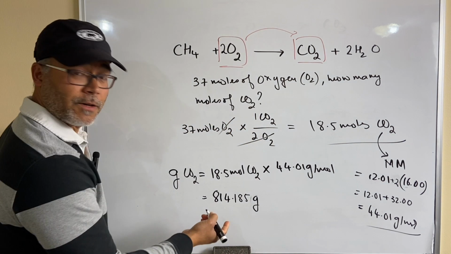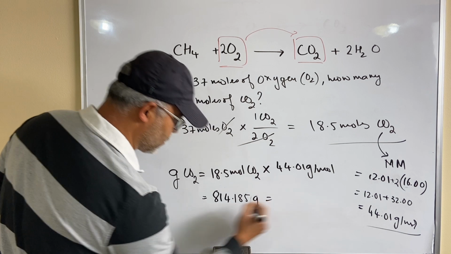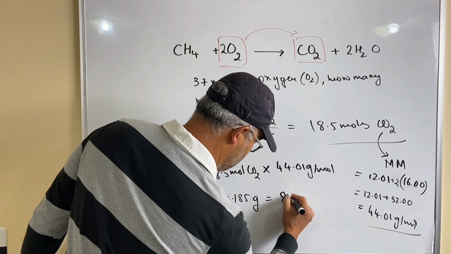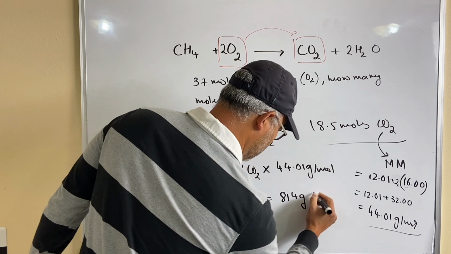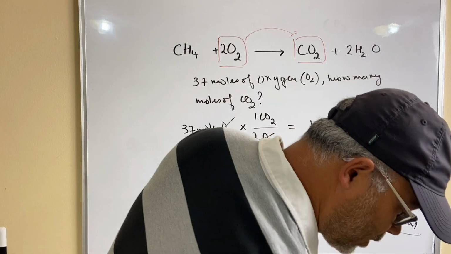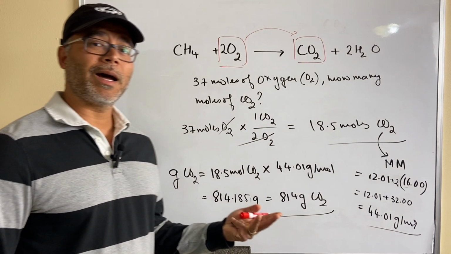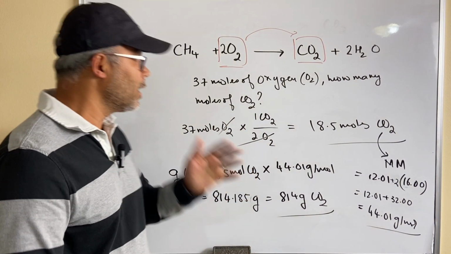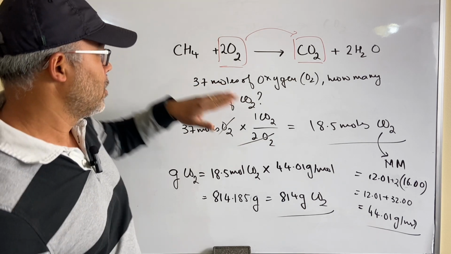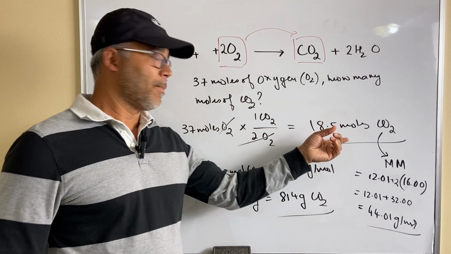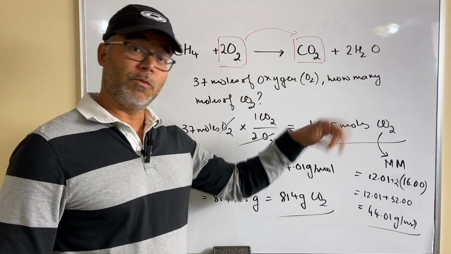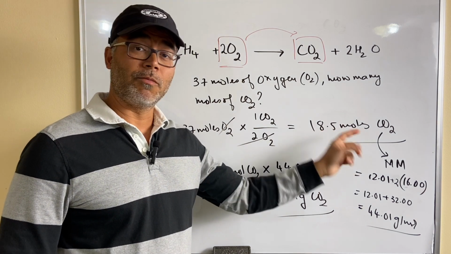Now we can correct that for significant figures. We're looking at 3 significant figures, so that's really 814 grams of carbon dioxide. Notice carefully, in this problem we started off with moles and ended up with moles. Then we said if we want to end up with grams, we can convert the moles to grams